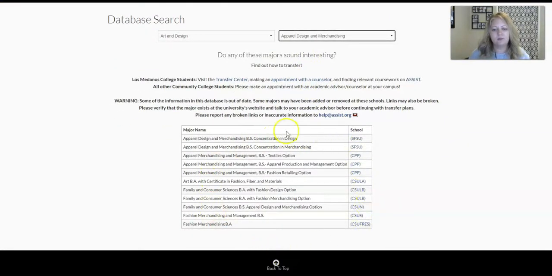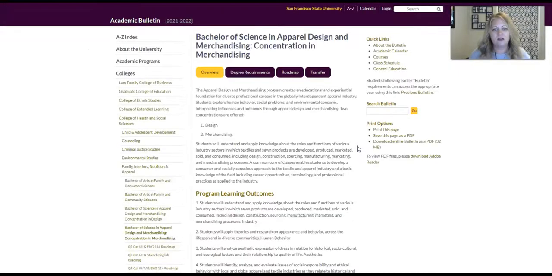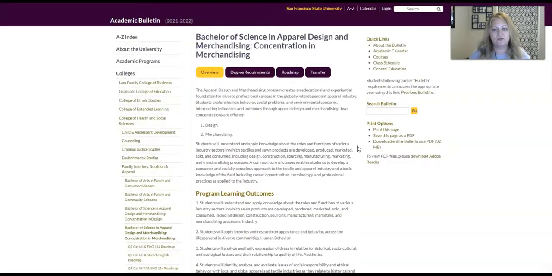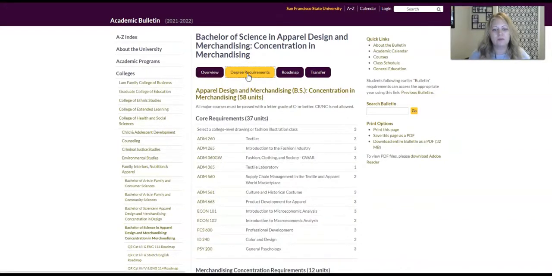So then she was able to do some research off of this to see if any of these campuses interest her. So if you click on the campus over here on the right, you can then go directly to that campus's program to see if it's a good fit for you. This is a great way to start digging deeper into majors.